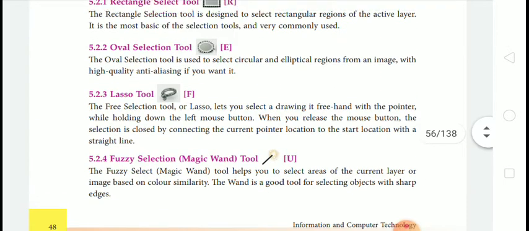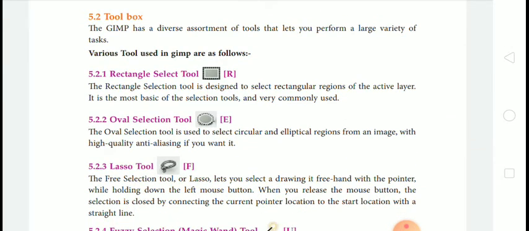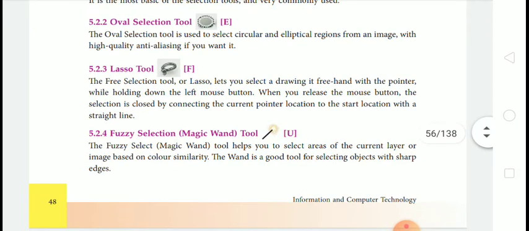So here we have seen various tools provided by the GIMP software. The first one was the rectangle selection tool, and the shortcut key is R, and this tool is used to select the rectangular part of the active layer. Then the next one was the oval selection tool, and the shortcut key is E. It is used to select a circular part of the image.